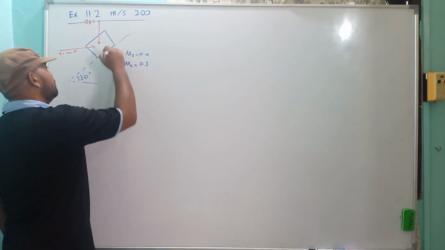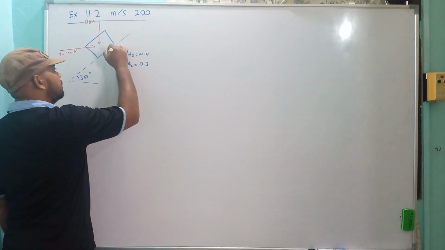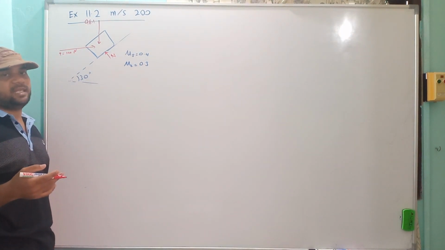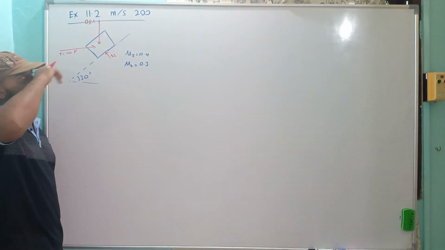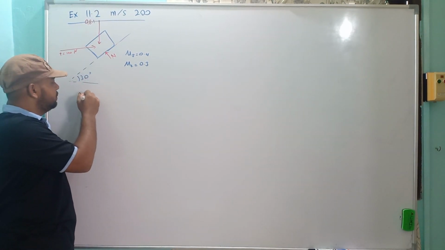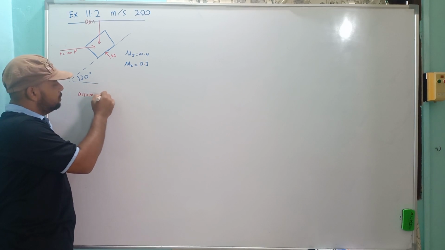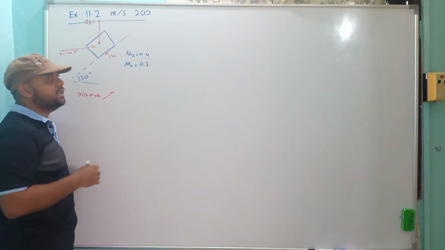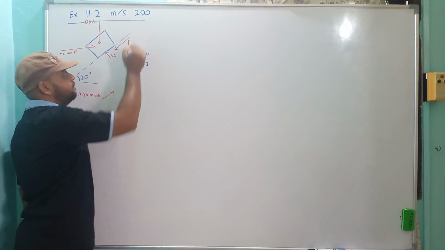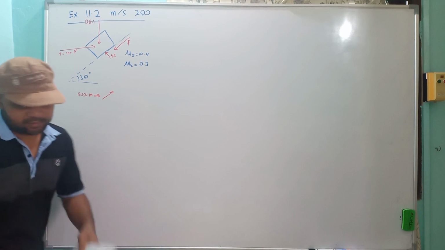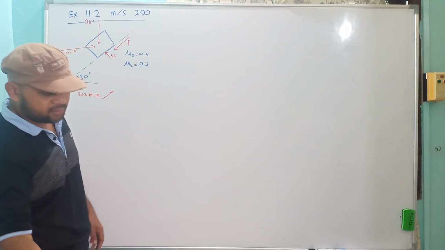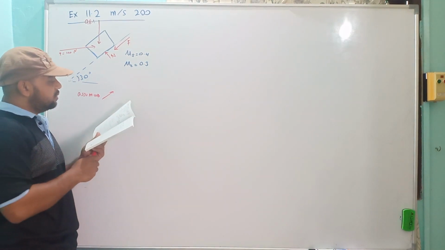Okay, and then we should put the normal force and then the friction. Again, the friction depends on your assumption. Let's consider that the component will be moving upward, assume going up. Okay, so the friction will be going down, F, friction force. So we consider the component going up, so the friction will be going down.